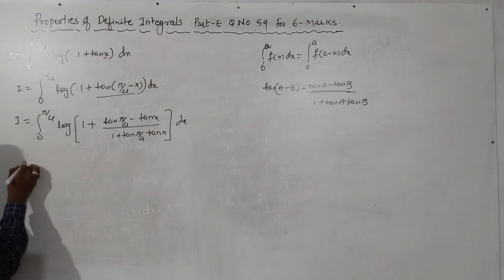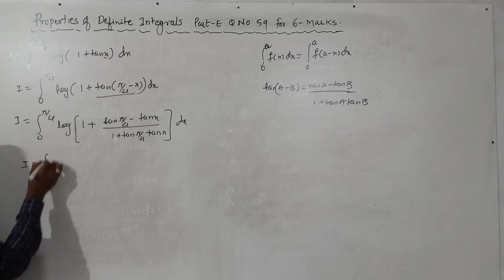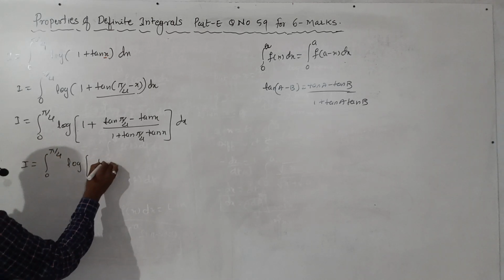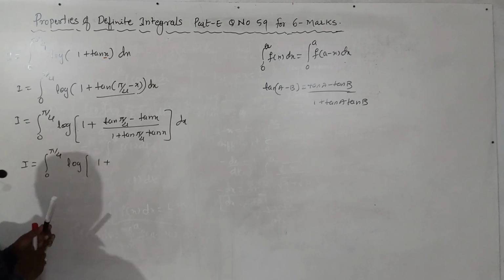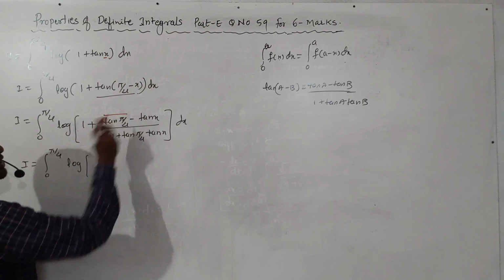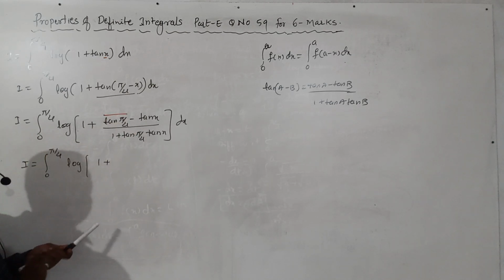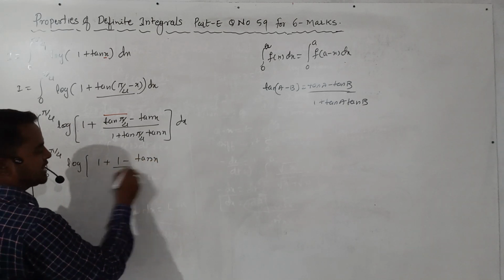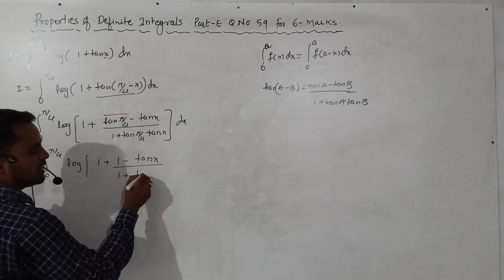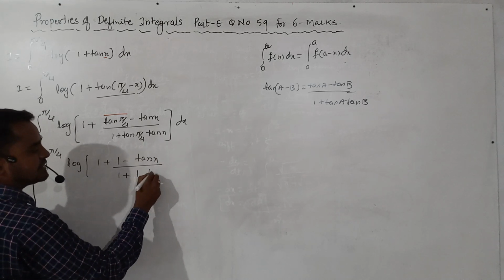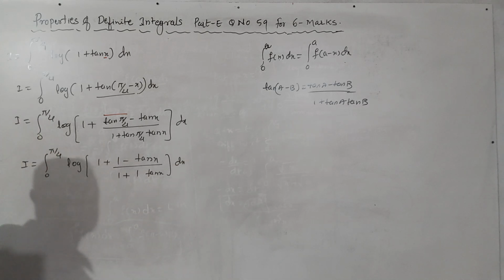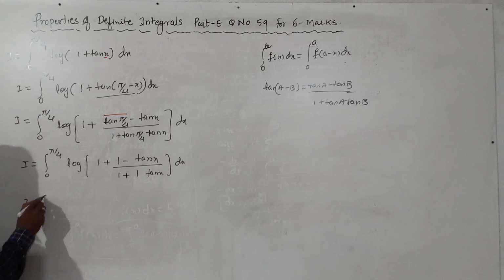That is I is equal to integral from 0 to 5 by 4 of log 1 plus the value of tan 5 by 4. The value of this tan 5 by 4 is what? 1. In the place of that we are writing 1 minus tan x as it is divided by 1 plus 1 into tan x, dx. 1 into tan x is tan x. Now I is equal to integral from 0 to 5 by 4